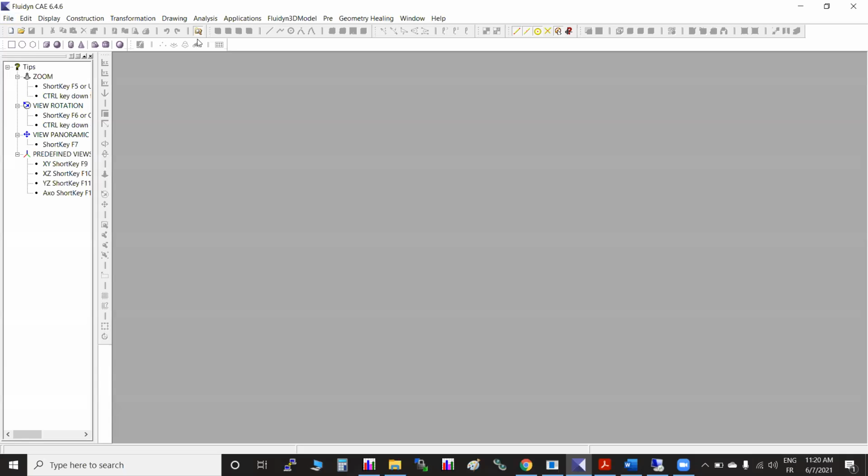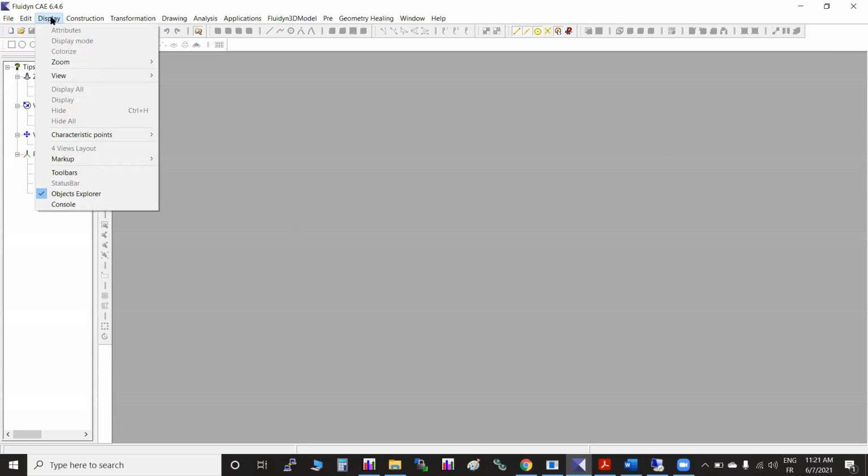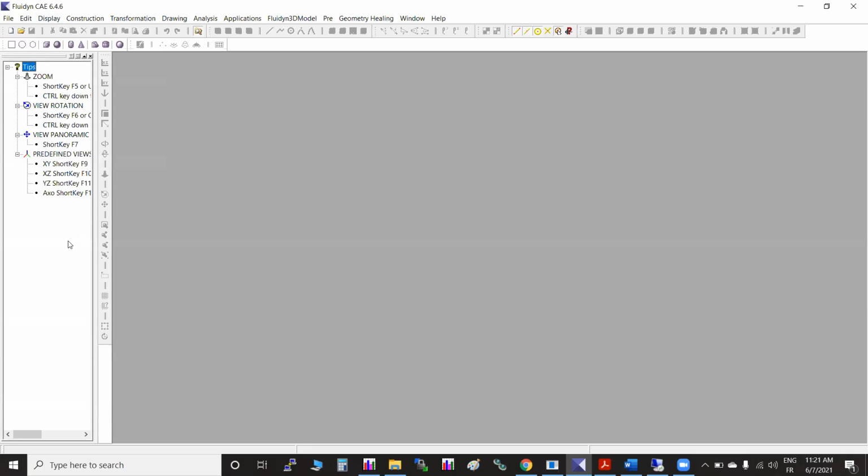So this is the viewport. And at the left side, once you open it, you will find the Explorer. It will consist of some information about whatever you model here. Once you model surfaces or solid objects, that information will be stored here. Also you will find some information about shortkeys which can be used. In geometry modeling, mostly shortkeys are used. If these things are not there, just go to the main menu display, and make sure the object explorer is turned on. Okay. So that is the point.